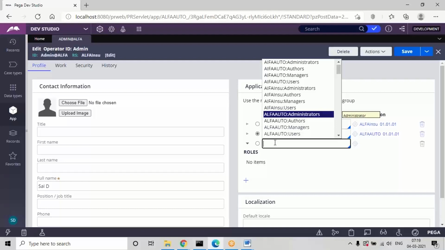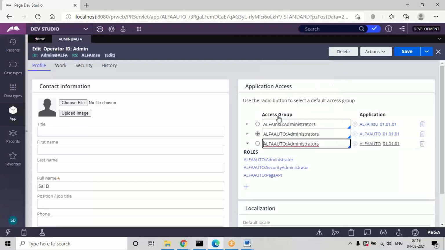Only thing is the user ID. Even though you load it in the packaging, your previous old user ID will not be carried over. The new ID which you generated for the test application, using that only you are going to log into this application. But everything except the user IDs, all the rules, will load when you give this access group name. Maybe if ABC application administrators is there, you have to select your application. After selecting this, save and refresh the browser. From next time you can access the application you imported in your system.